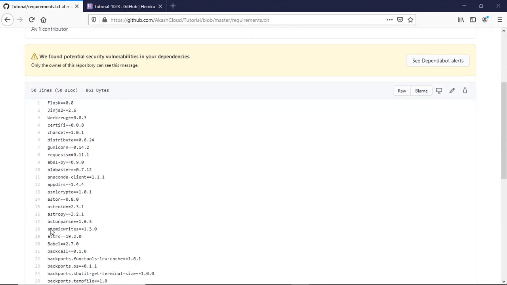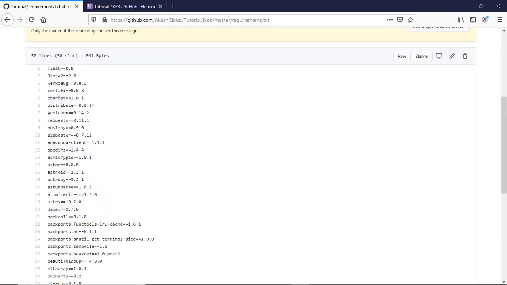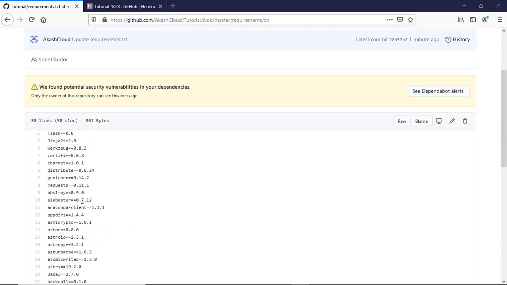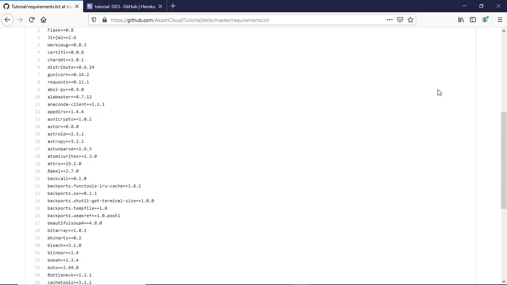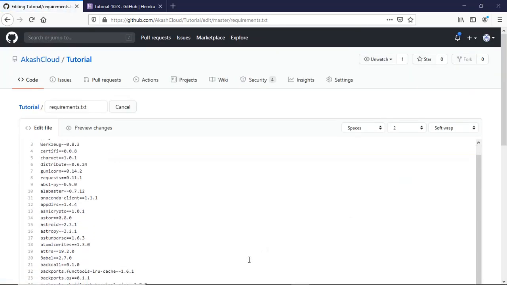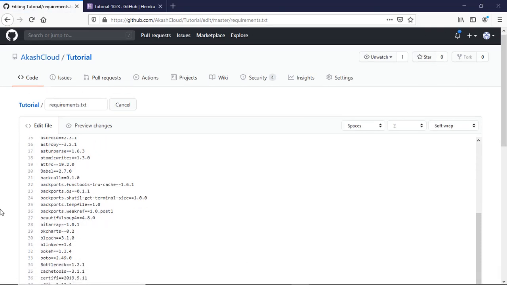Okay guys, no problem. You can see here I already added certifi two times, one is here and one is here, so it's better to go with the first one. No, we will go with the latest version. Okay guys, so now I'm going to use this one. It's okay.